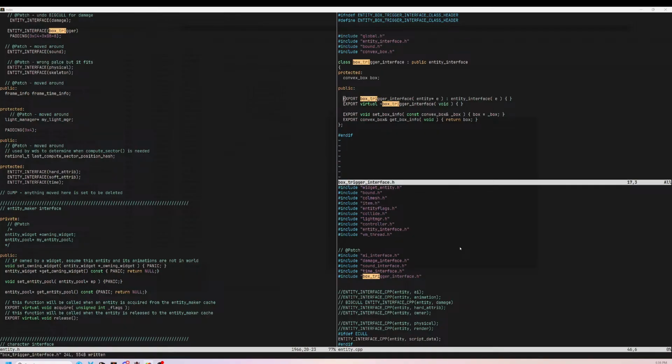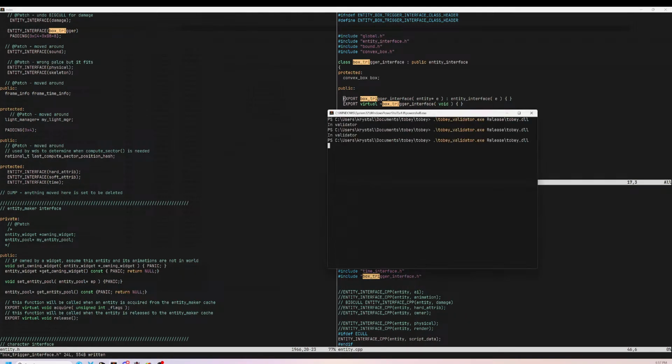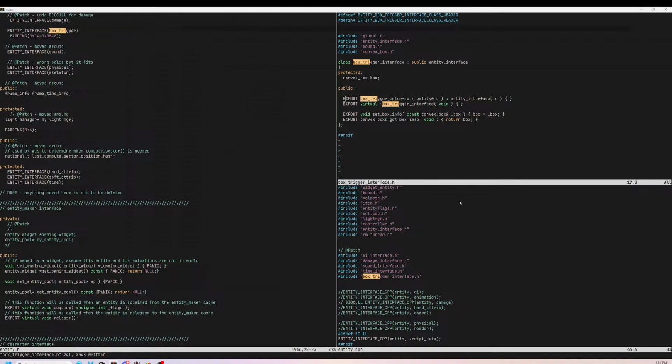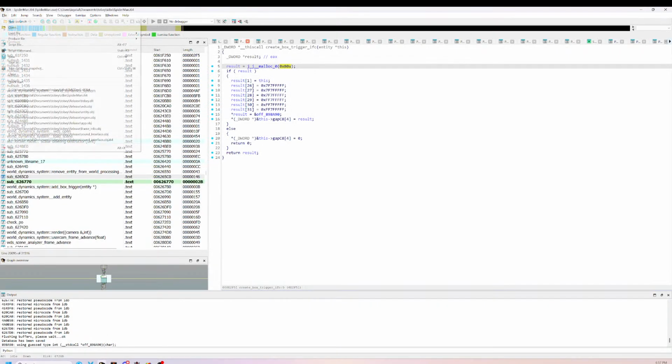That's cool. That's coolio. Input manager. Yeah, this is a big rebuild. Ta-da! Good stuff. So let's go here and get entity